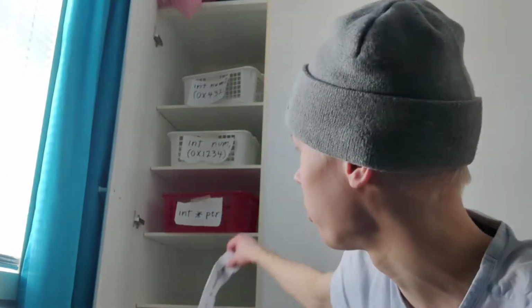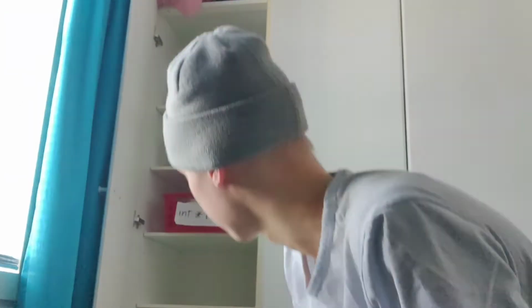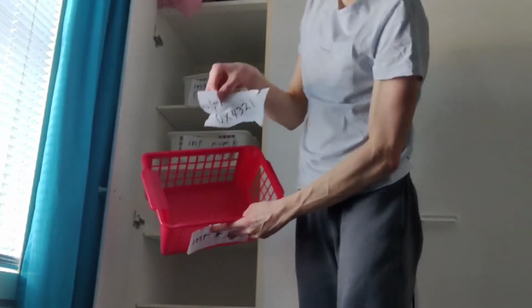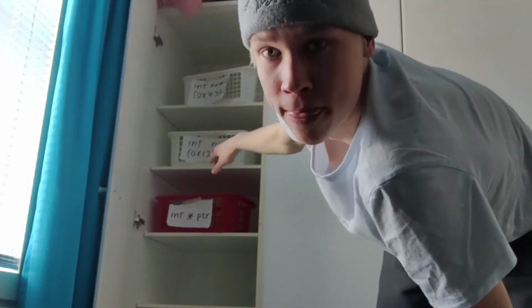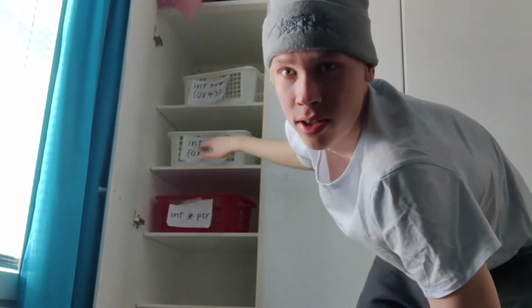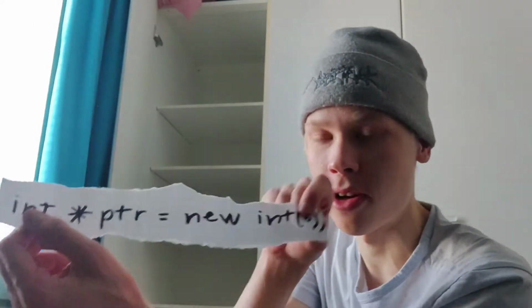We can also make the pointer point to null, so to point to nothing, by assigning it to null. So now it doesn't point to anything. Those are pointers. They take their own memory location and take memory, but they store other data's memory address. We can also allocate memory directly with this pointer definition by using this code, and